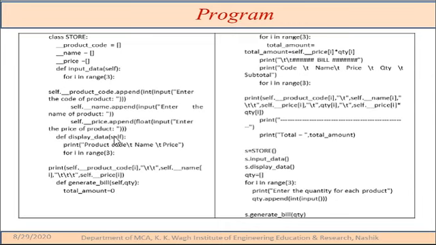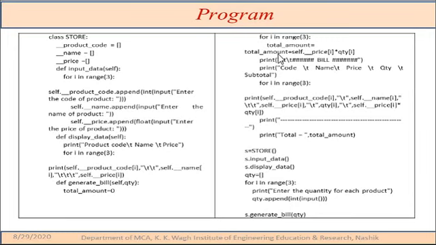These are very basic things: if we have the quantity and the rate, then we have to calculate the subtotal of that particular product, and then lastly we can add all the subtotals into a single variable, that will be the total bill of the product or the store. Likewise we can calculate it.